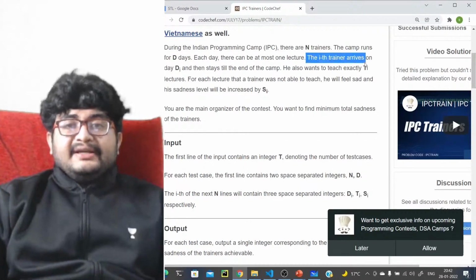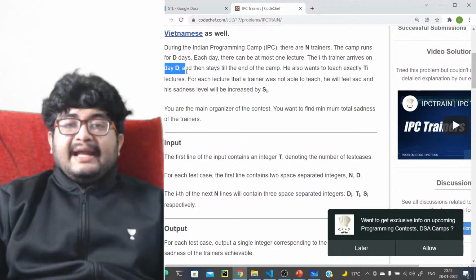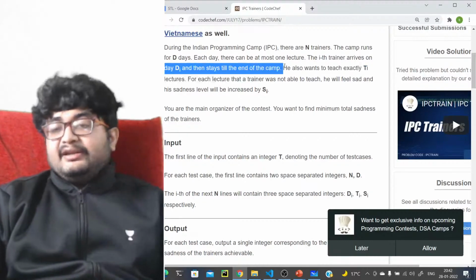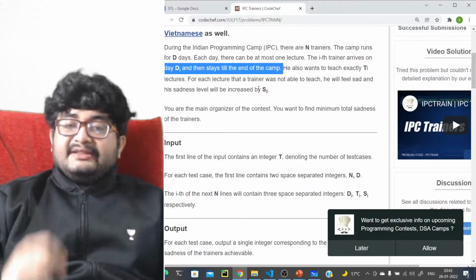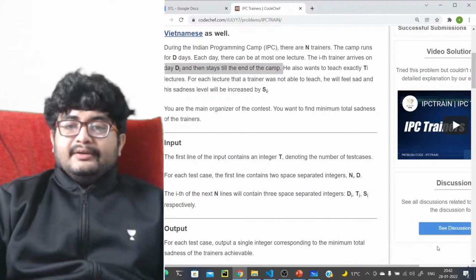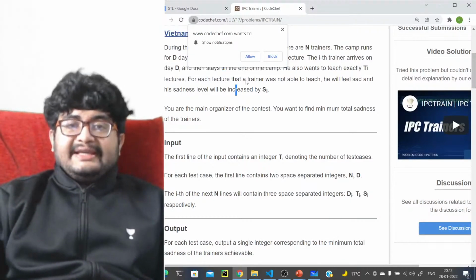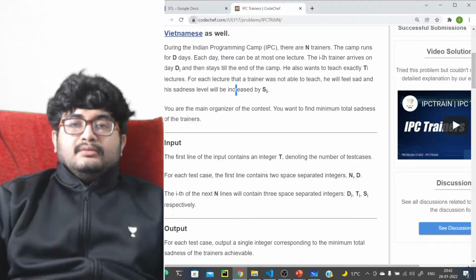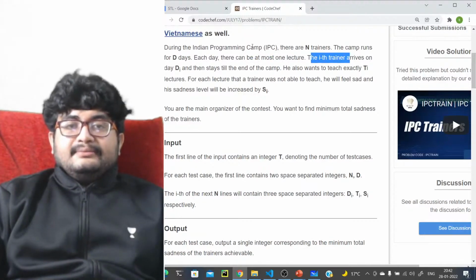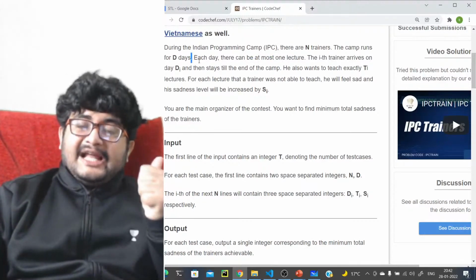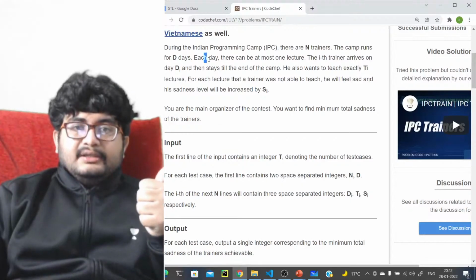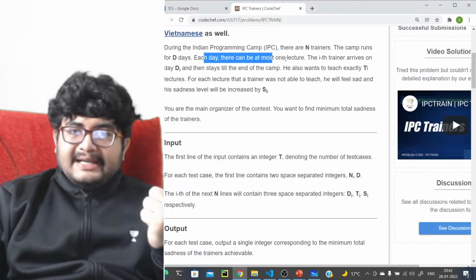The ith trainer arrives on day Di and then stays till the end of the camp. So the camp will be running for D days, and each day there can be at max one lecture.